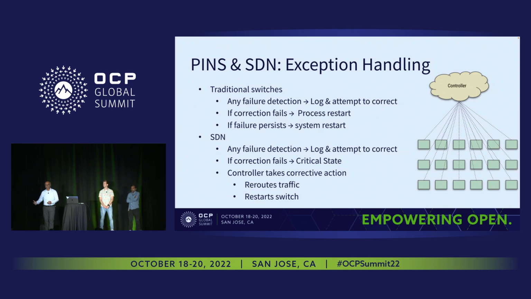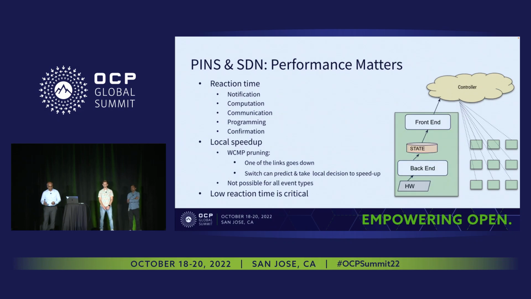So these three examples are different scenarios that can happen in an SDN world, and how the controller, in coordination with all the switches that it controls, can work together to ensure a robust and reliable network. And as you notice here, the reaction time from the controller is extremely critical. The notification time of an event, the switch detecting it and sending it up, the computation that happens in the controller, the communication back of what change to be made, and then the programming in the switch and a confirmation. All of this is what we can call an end-to-end reaction time,